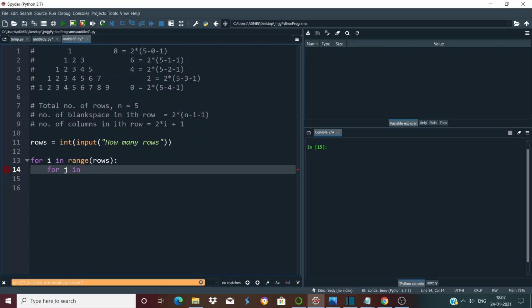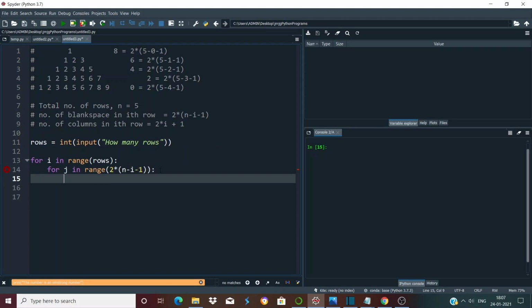It is 2 into n minus i minus 1. So for j in range 2 into n minus i minus 1, and we will print a blank space, right?